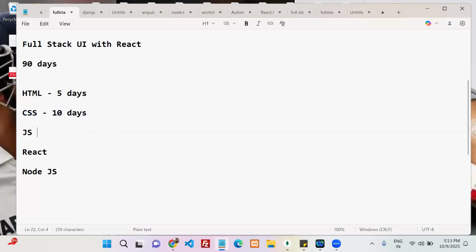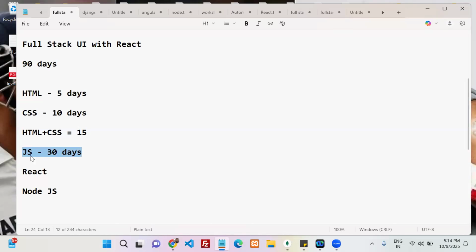The next very, very important thing is JavaScript. Here we are going to spend some more time. It is 1 month we are going to spend. But here one thing: 5 days and 10 days, 15 days, in sequence order, we are going to complete HTML and CSS. But if you come to JavaScript, I don't want to complete this JavaScript 30 days in